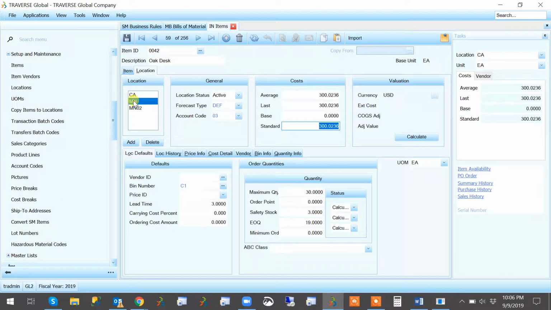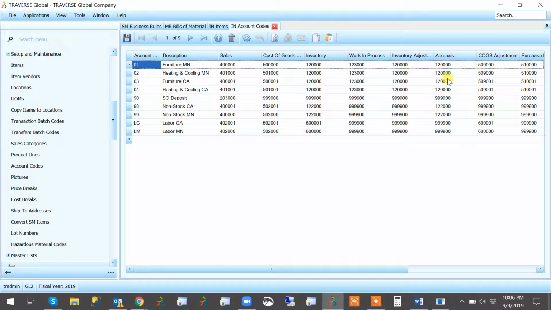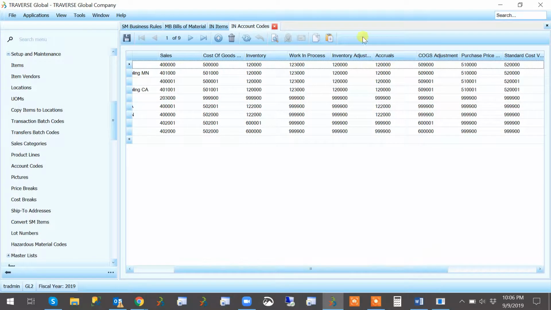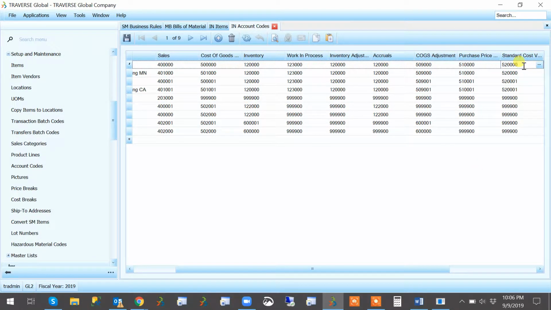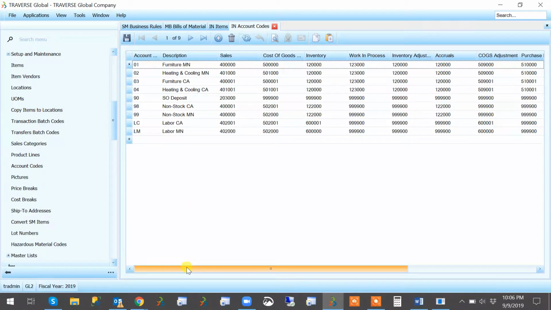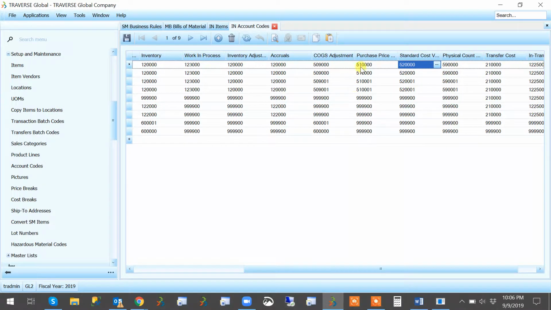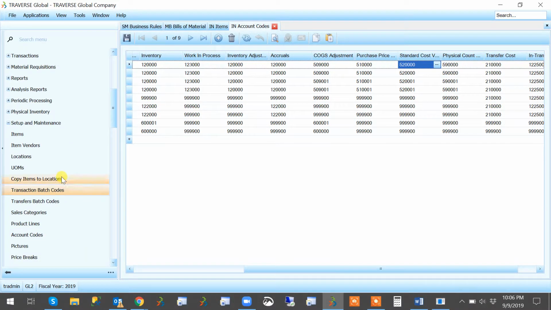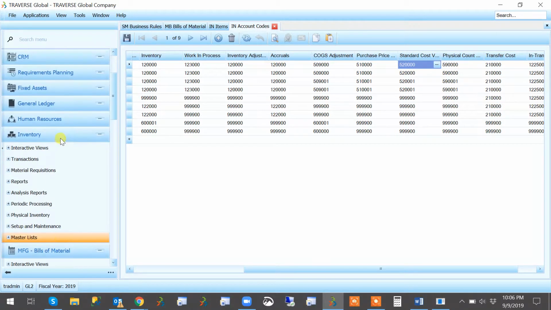So if we take a look at, we'll do the Minnesota location. And if I look at the IN account codes, I've got COGS adjustment, PPV, everything going to a different account. My standard cost variance is 5,200 and 5,200.01. So this particular item to the Minnesota location is using 01, so that should be this top one. So I should be using this 5,200. So ultimately, if we issue a production order,